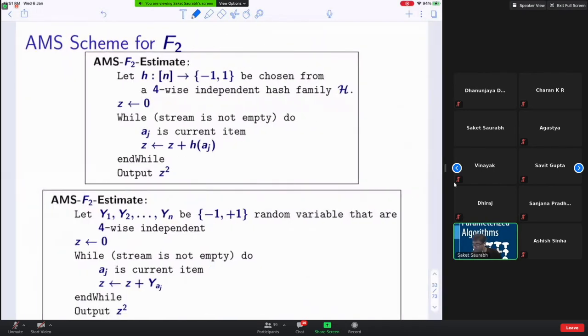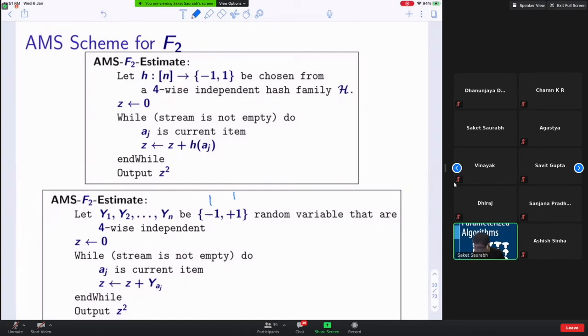One way to think of this algorithm: forget about space for now, because for the space we have this. Suppose you had n random variables which are 4-wise independent and taking values between -1 and +1. You must have seen this in the max cut algorithm yesterday, right? Basically you had n random variables taking some values here and there, and you created something interesting out of that. So now they take -1 or +1 and they're 4-wise independent. If this is how it is, then what is happening?